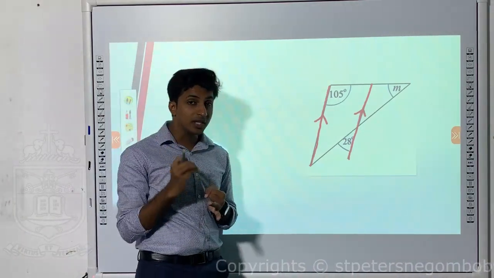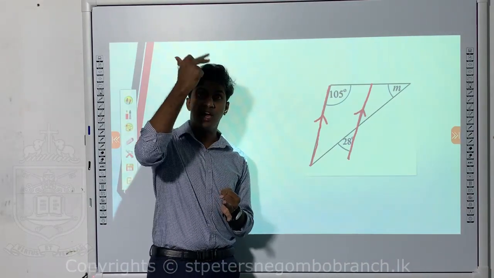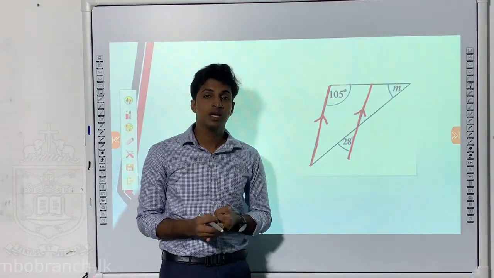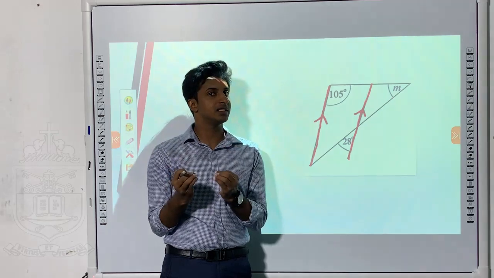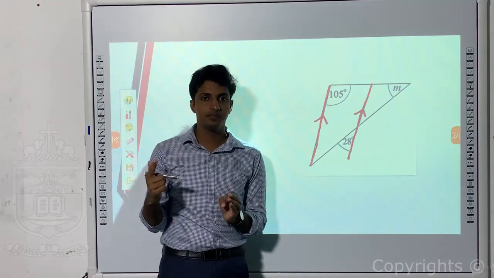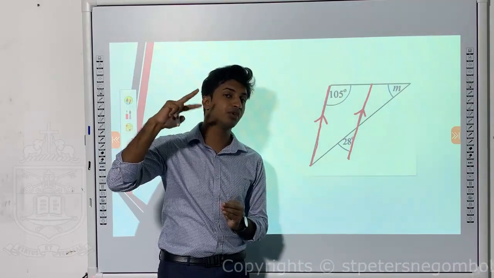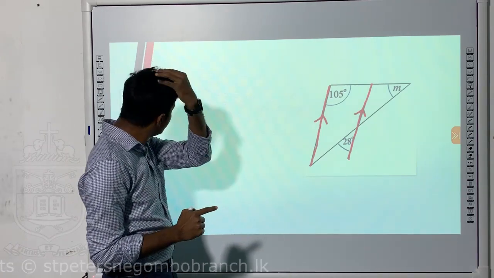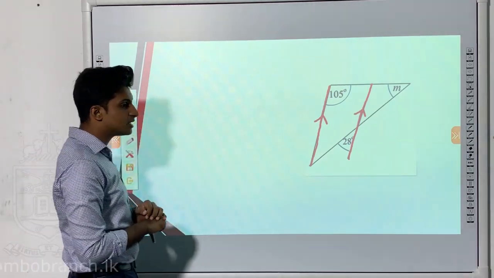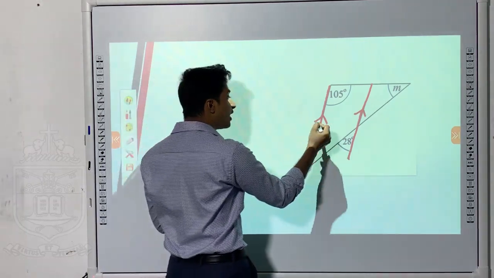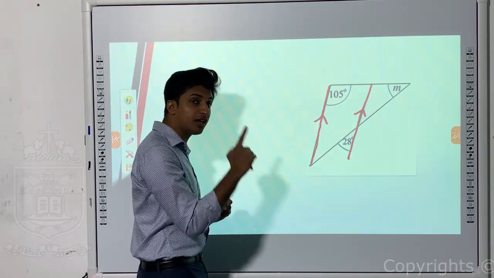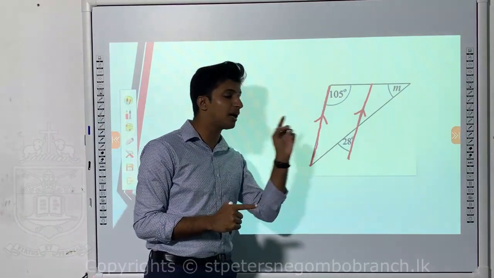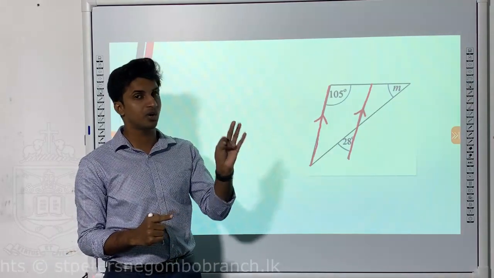Then you have learnt about alternate angles, the Z shape. The angles in the 2 corners of the Z are also equal. That is, alternate angles are also equal. When you talk about allied angles, they are not equal. That is the C or U shape, right? For allied angles, the sum of the 2 angles should be 180. That knowledge is also important when you are doing this question. Whenever you see parallel lines, you have to remember corresponding, alternate and allied.